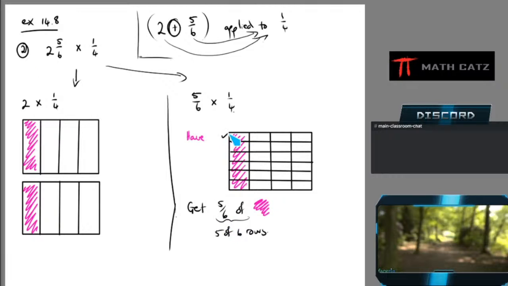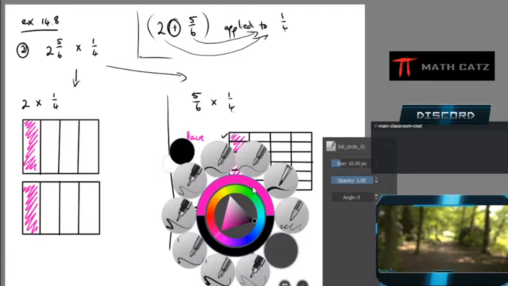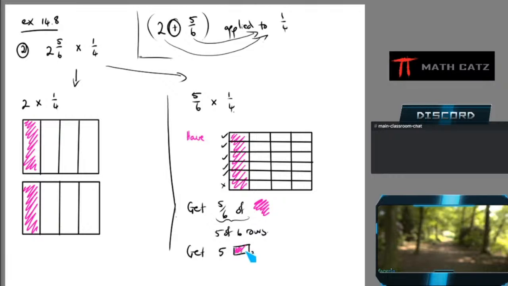This tells me I can keep 5 of them. Ooh, that's not bad. So that means I get 1, 2, 3, 4, 5 little pieces, because only from the pink I can take 5 little pieces, like so. But now I see that